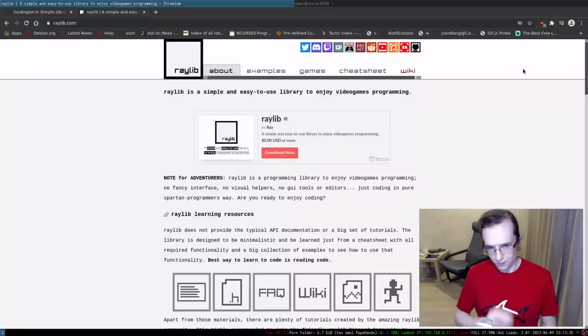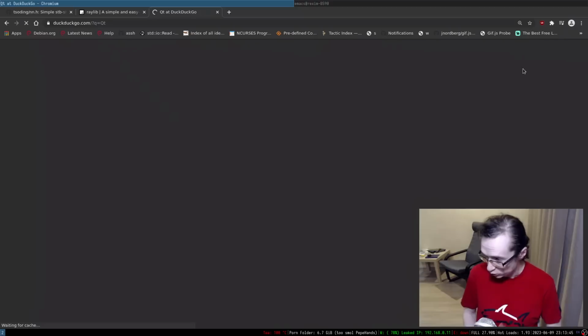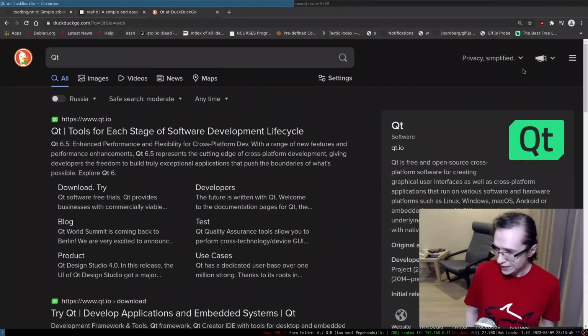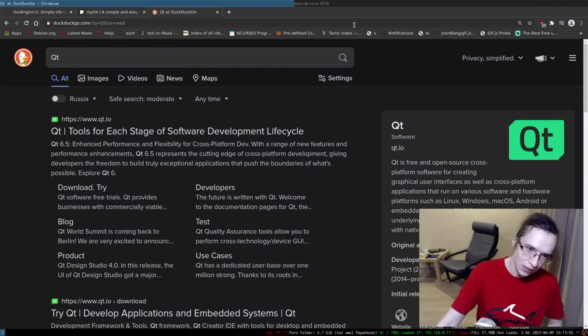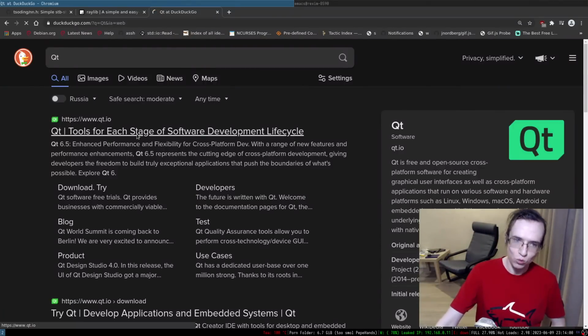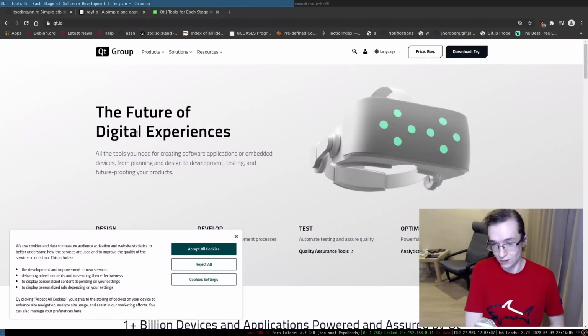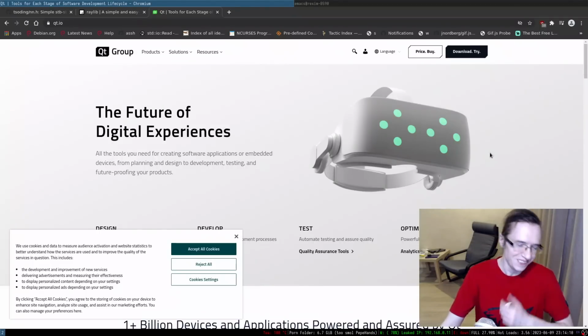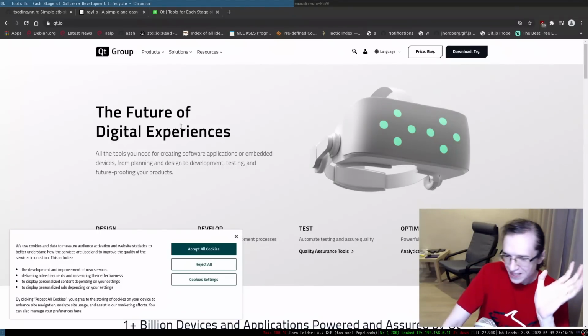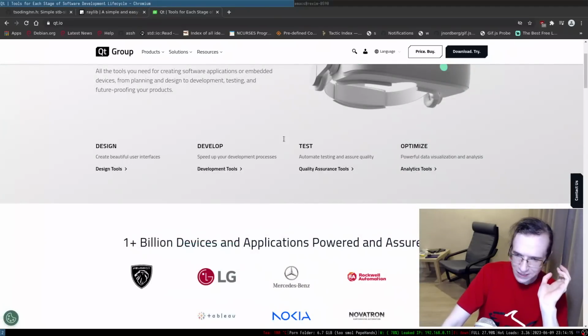The inspiration for this comes from a library called Qt. I don't know how many of you have heard of it. It's not particularly a thing these days because all of the desktop applications are developed on top of Electron, so all of the applications these days are web applications. But back in my days, if you wanted to write a desktop application, you would use this, and I think it's still in use. Chat Arena is written in it. Look, they're trying to portray that they're still relevant or something. Maybe they are. I don't really know.